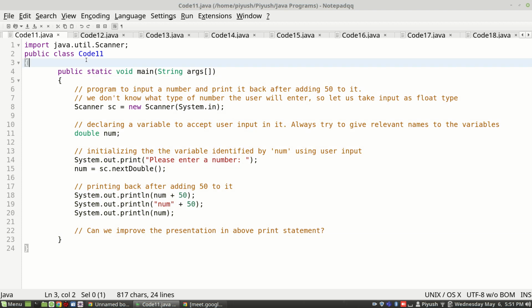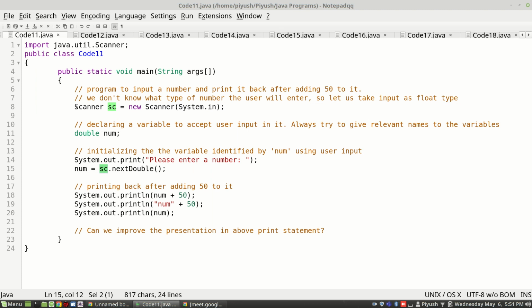And like we said, like we had seen, when you want a value from the user from outside, then line number 1 and line number 8 become a must. When you want to input a value from the user from outside, you will write sc.nextInt, nextFloat or nextDouble, according to whether you have taken int, float or double. Also keep in mind that whatever name you have written here will also come before the dot. If you write ABC here, you will write ABC.